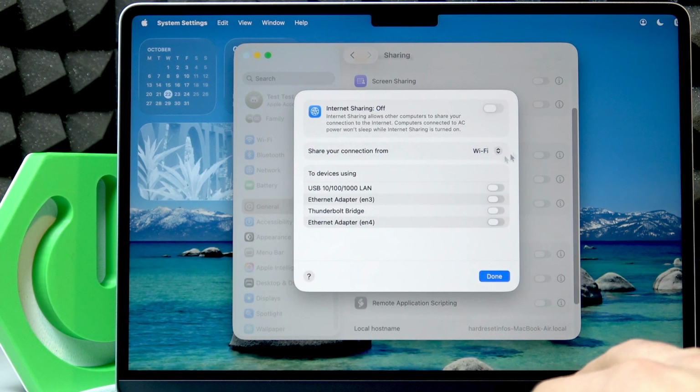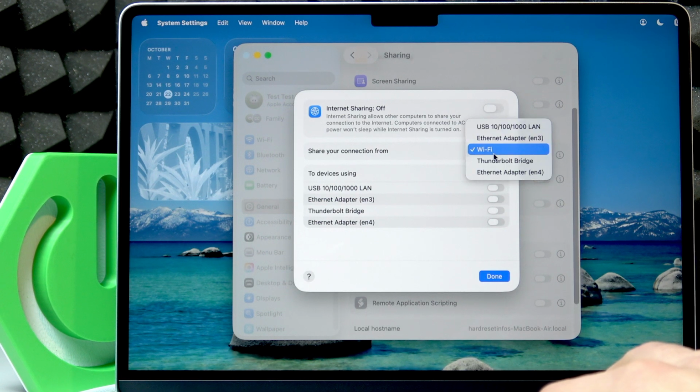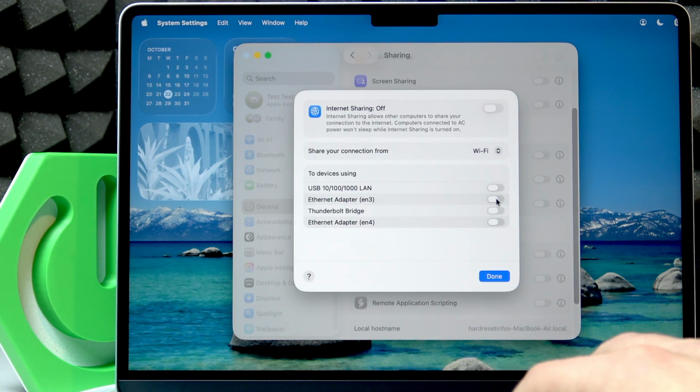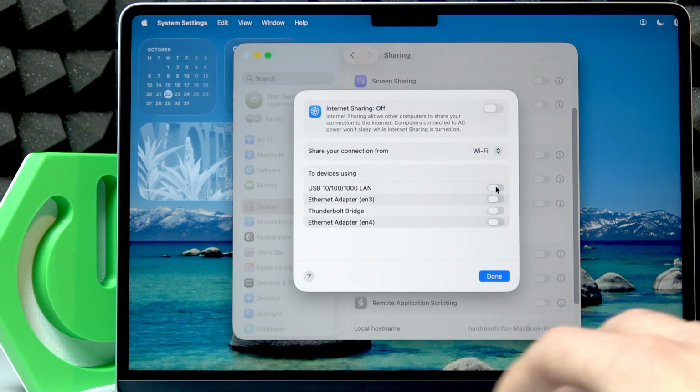And now, in order to share the Wi-Fi connection, you're gonna have to be connected to any other network other than Wi-Fi, because if you're using Wi-Fi, you'll be able to share your internet connection using any of these 4 connections. And to use one of these connections for sharing, you just have to switch the toggle to the right next